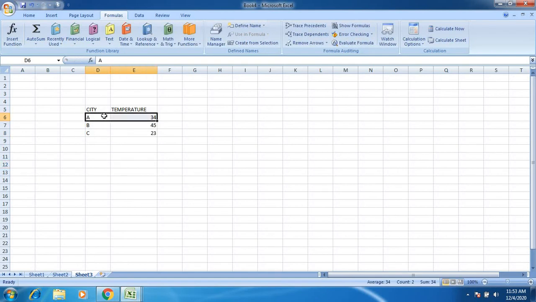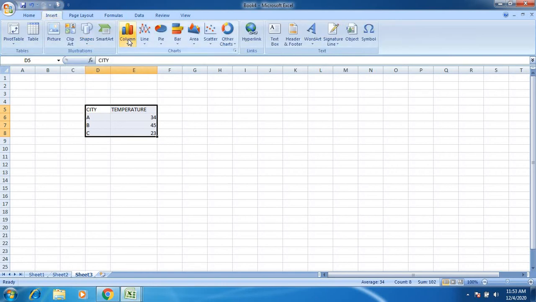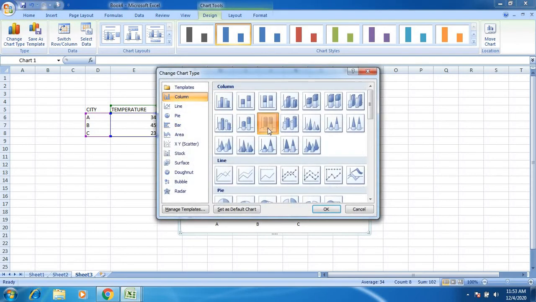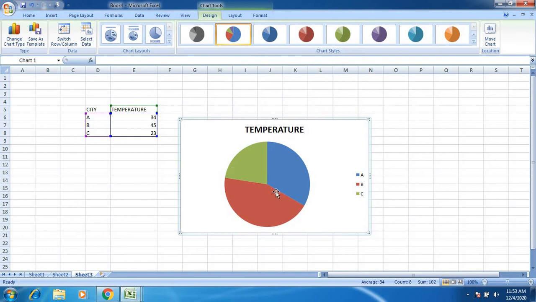Just select this and try to draw the chart. Go to Insert, choose a chart, and select any chart you want. The chart is automatically generated. Suppose I want a different chart, I change the chart type. Now I want to generate a pie chart, so the pie chart is generated over here. So this is how we can generate charts in Excel.